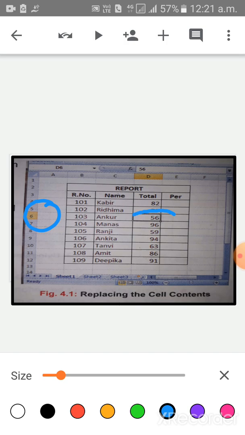Now type the record of Ankur, 56. Now you type 65 in the cell and press Enter. Note that the previous value 56 is replaced with 65. Children, similarly try to change the content of other cells.